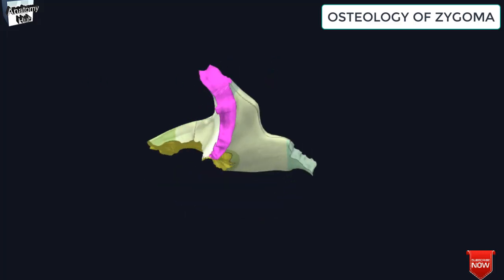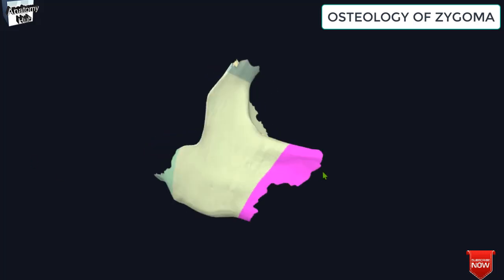Like that, here we will find the frontozygomatic suture. This is the right zygomatic bone. So here this is the suture, the frontozygomatic suture, that is in between the frontal bone and the zygomatic bone. Like that, we will find the maxillary process that you can observe over here. So this maxillary process of the zygomatic bone projects forward for articulation with the maxilla.